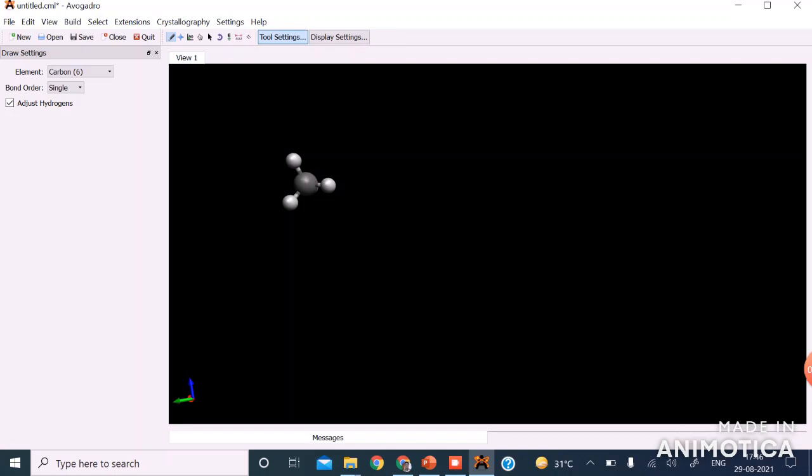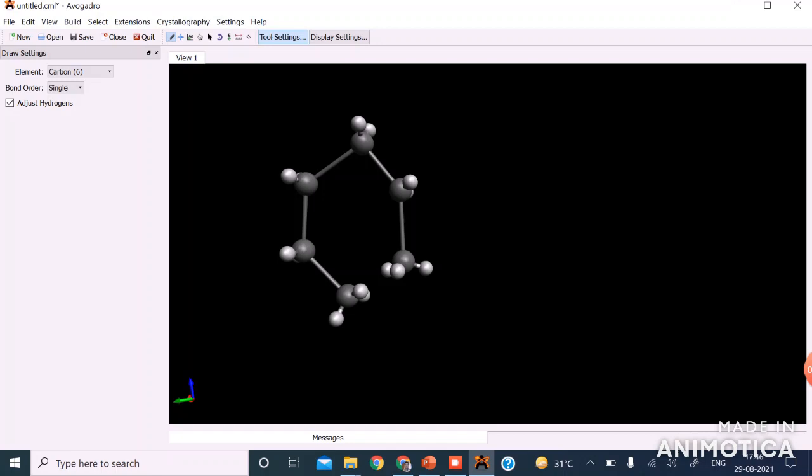Now, I am dragging this carbon and connecting this carbon to, yes, this is now cyclohexane.